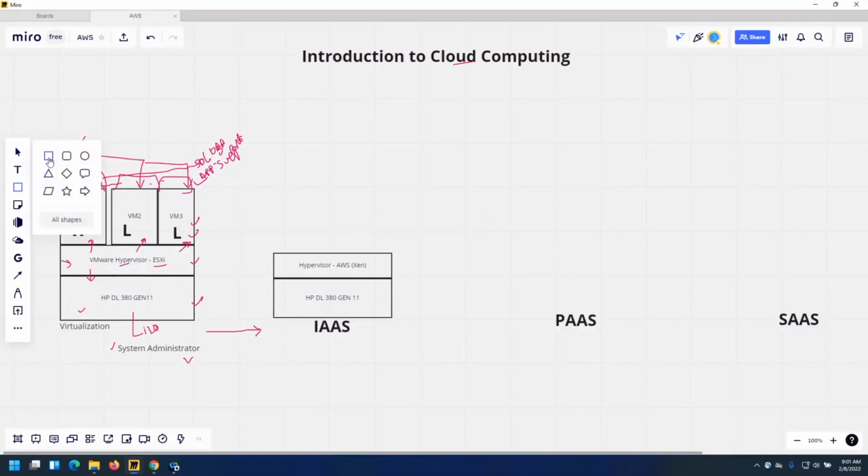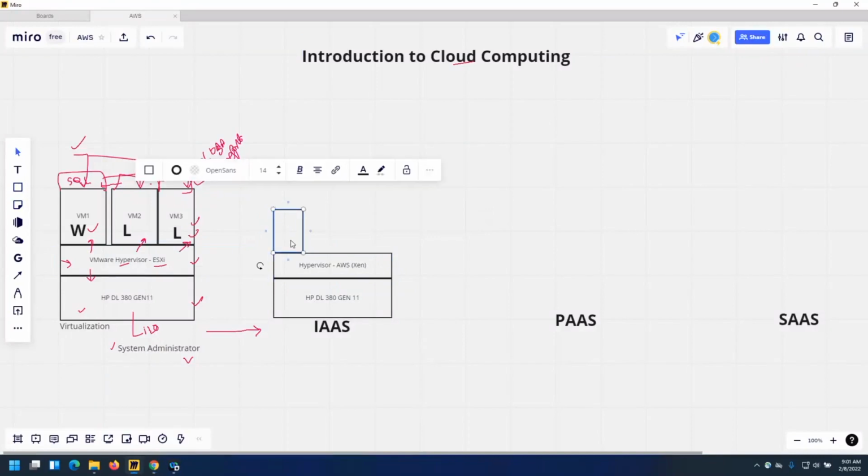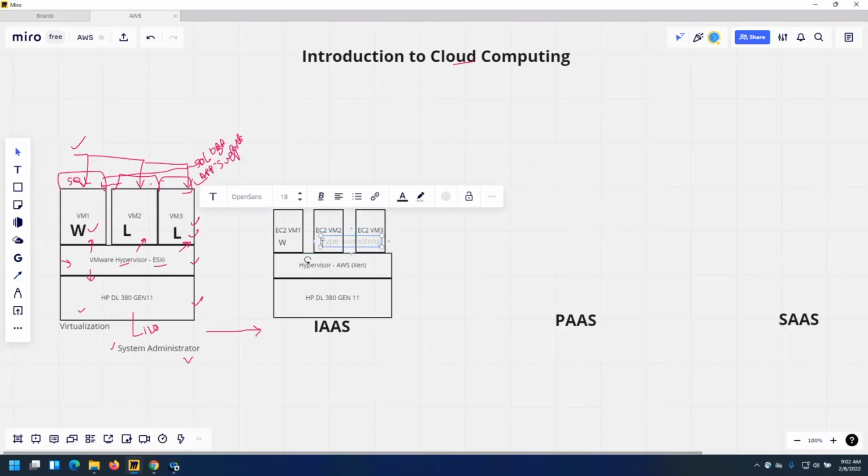And on top of that, you will be able to deploy machines: EC2 VM1, EC2 instance 1, I'm just mentioning as EC2 VM1, EC2 VM2, EC2 VM3, and so on. Same thought process: it's Windows, Linux, another Linux.